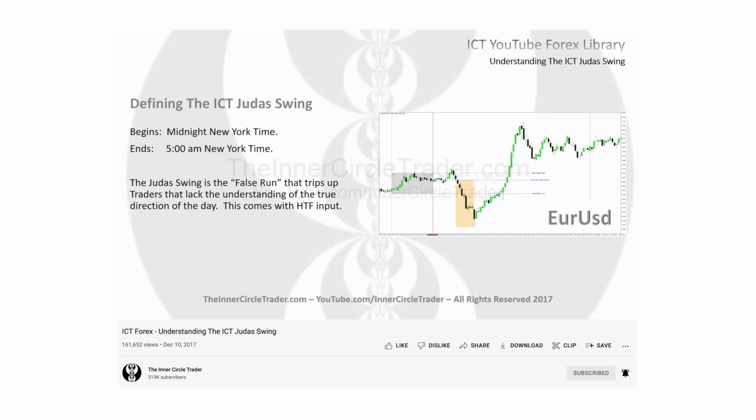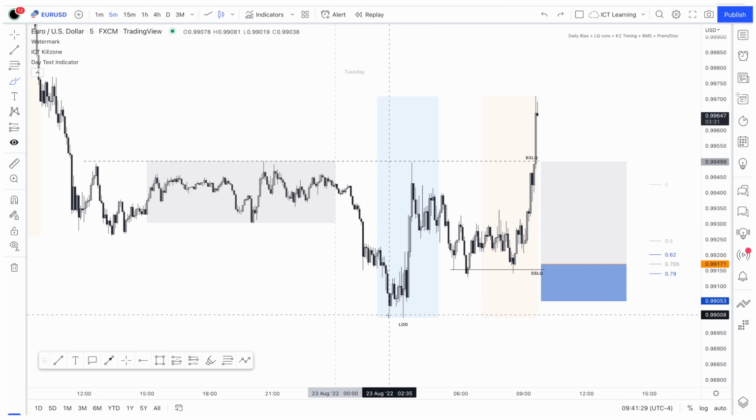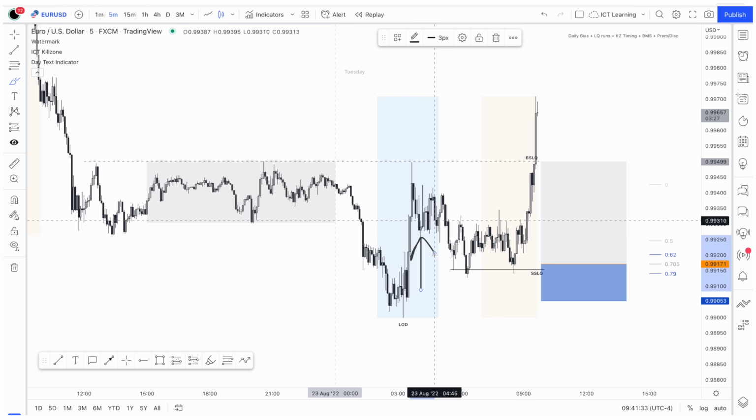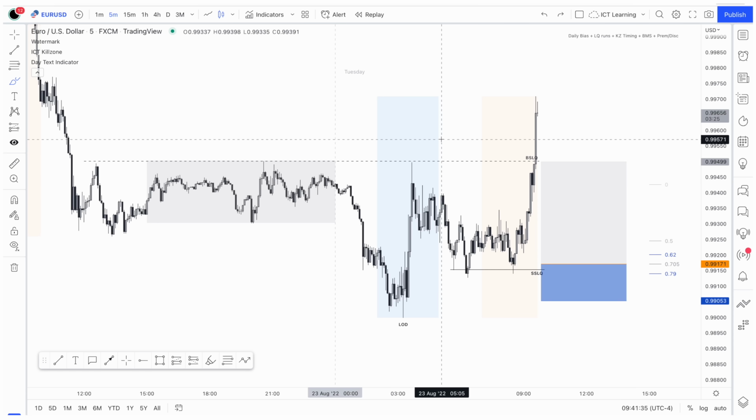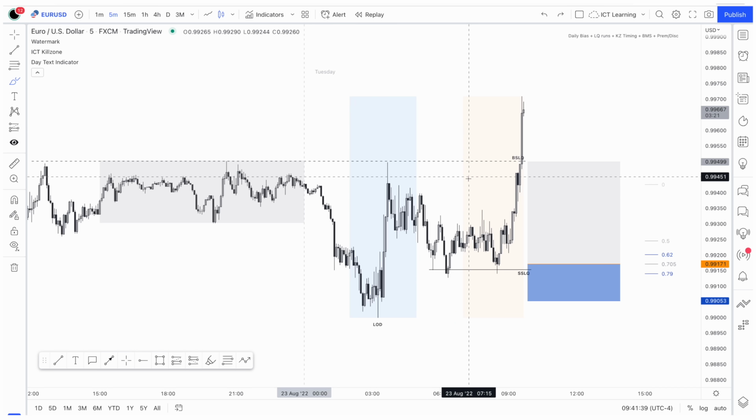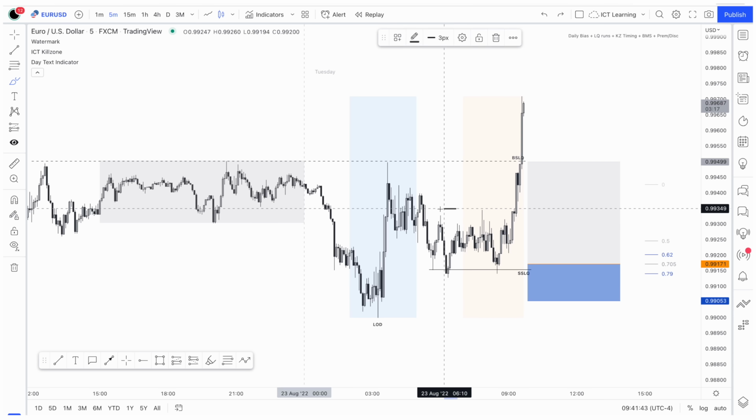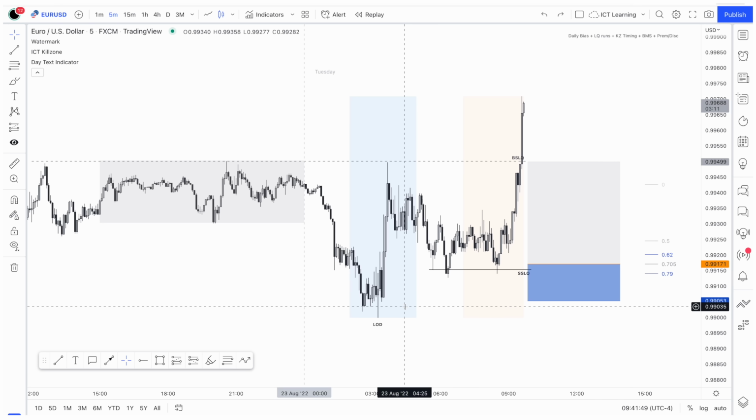Now the Judas swing is a false run that trips up traders that lack the understanding of the true direction of the day. It created the low of the day, then expanded to the upside. Then you can see as we exit this blue box, going into this orange box, which is the New York open kill zone, with a little bit of retracement,